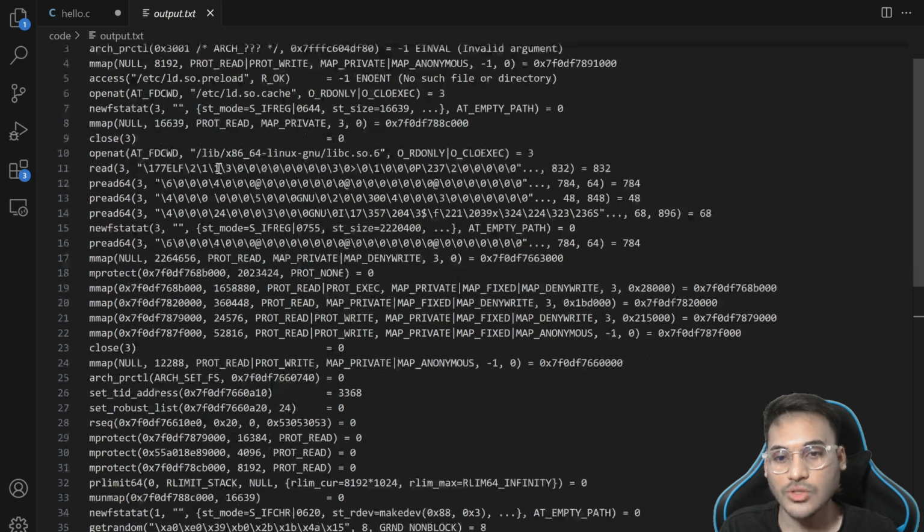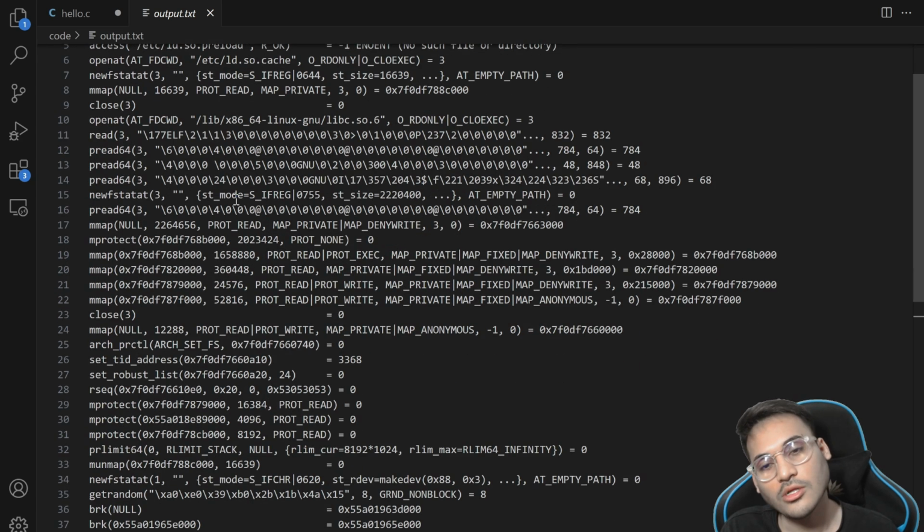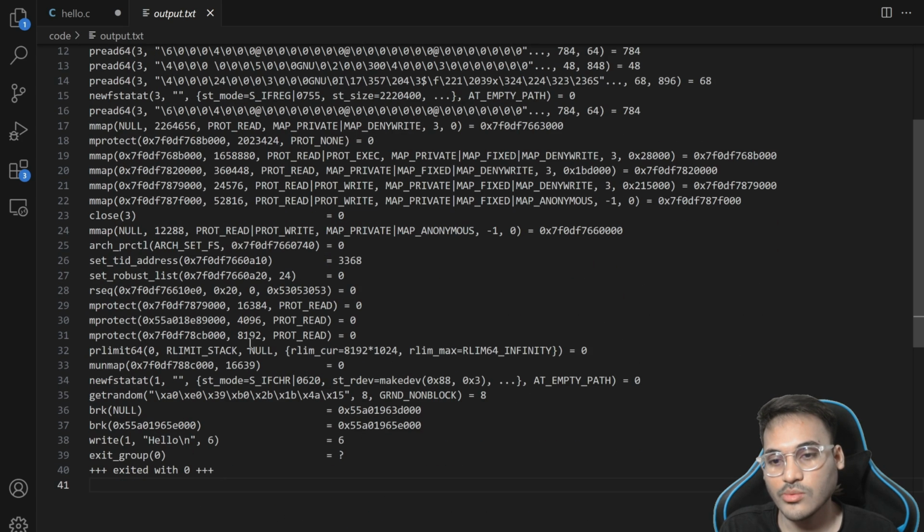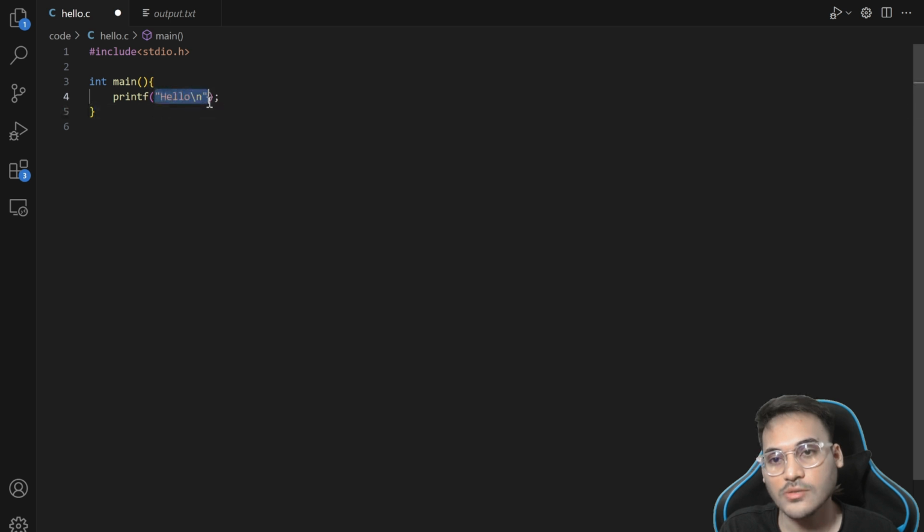So let me try to show you a few of the system calls that would make sense to you. The most important system call is the write system call, the one that we can straight away understand. Here you can see the write system call is printing the string hello, right? In order to print this hello string to the console,